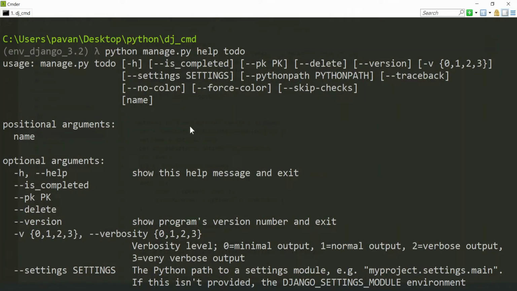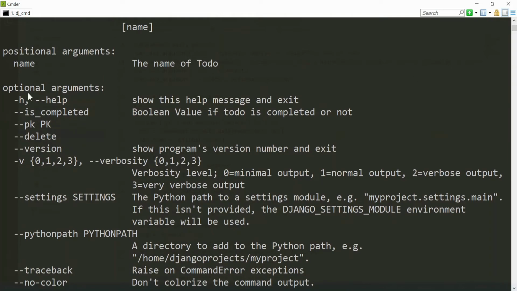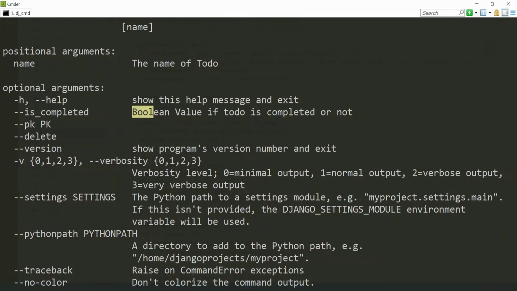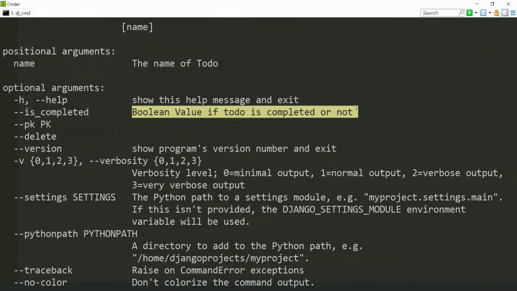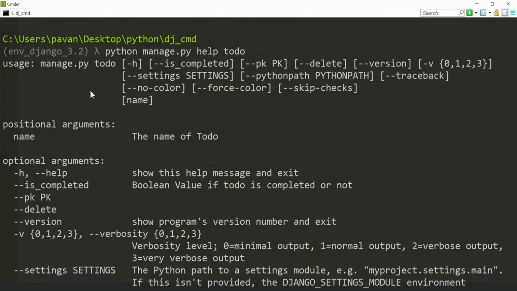So now if I run this again, here you can see all the contents, and if there is an optional argument, then it will be specified in the below section, which says the boolean value I have written here, if to-do is not completed. The same thing you can do for the pk or delete argument also. And if you want to provide a custom text which describes the whole command, then there is a